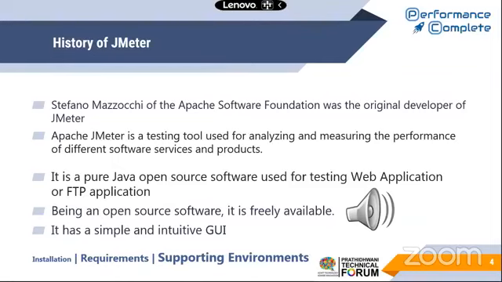Apache JMeter is a testing tool that is used for analyzing and measuring the performance of different software services and products. When I say software services, you can test websites, you can test APIs like Postman or UI. You can directly test the APIs. It need not be hosted over a website, and you can directly test your databases. It's not needed that you test through the application. You can directly go and connect with your databases. And FTP servers you can test. So all those possibilities are there in JMeter.